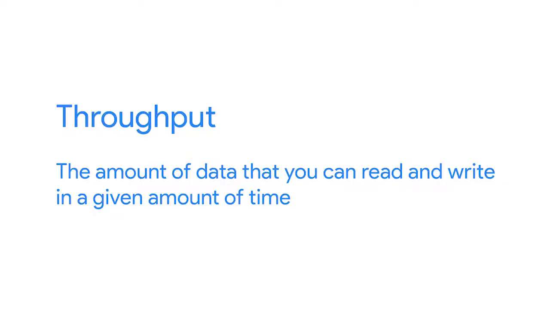The performance of a storage solution is influenced by a number of factors, including throughput, IOPS, and latency. Let's check out what these mean. Throughput is the amount of data that you can read and write in a given amount of time. The throughput for reading and writing can be pretty different. For example, you could have a throughput of 1 gigabyte per second for reading and 100 megabytes per second for